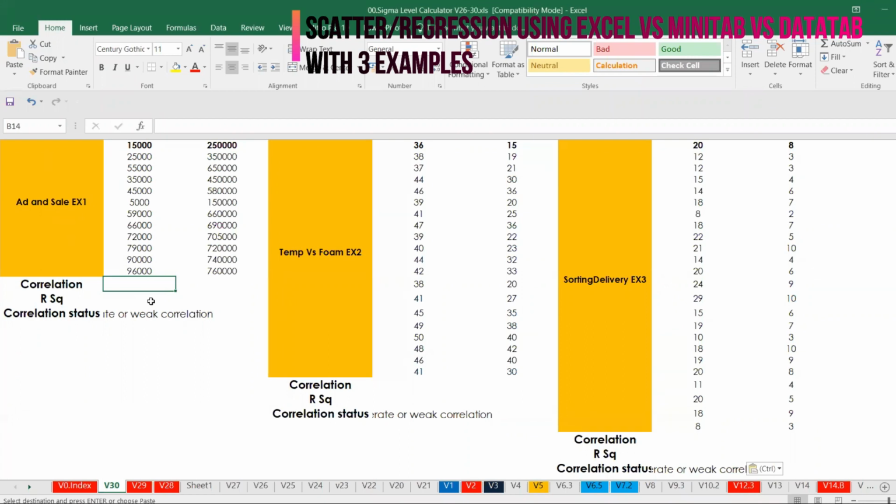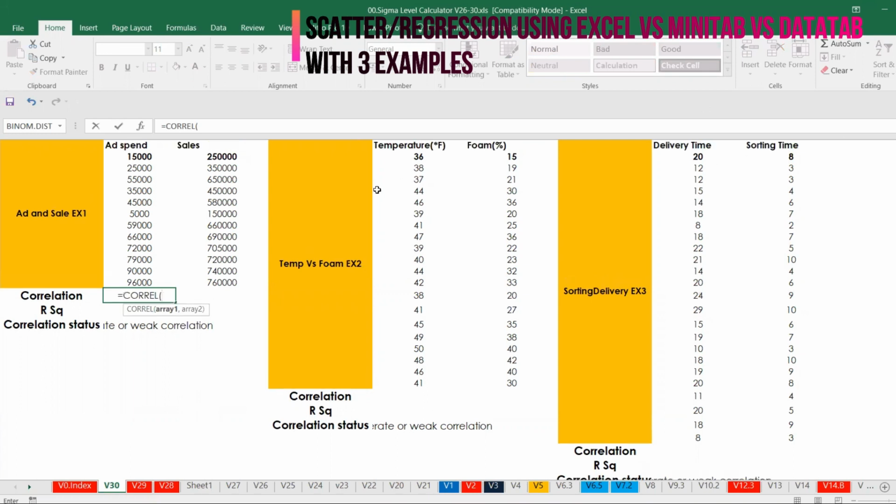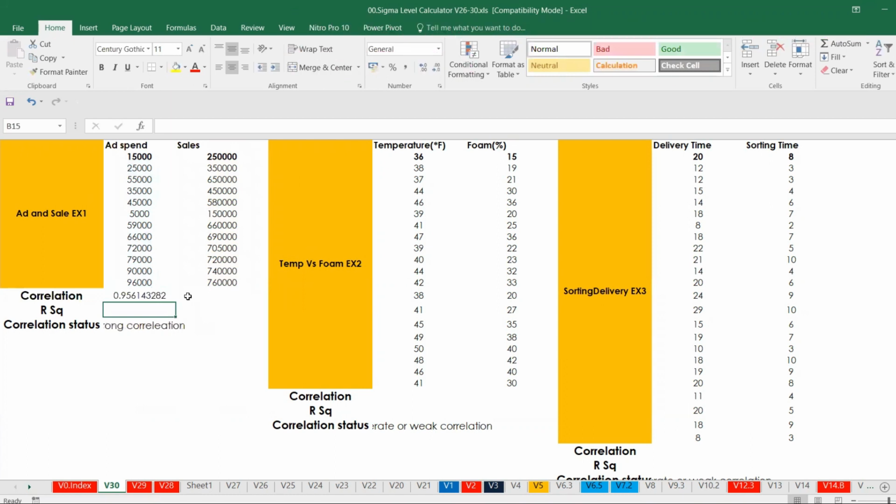Very easy formula. The formula for correlation is CORREL, right? Array 1. So in this case, you can see the data set. How much sales, how much ad is the one, comma, and what's the sales? So 95, it looks to be a very strong correlation. There are two ways. Correlation value is R square, right? So either you can do